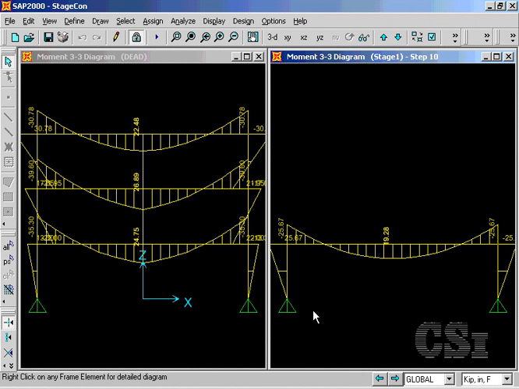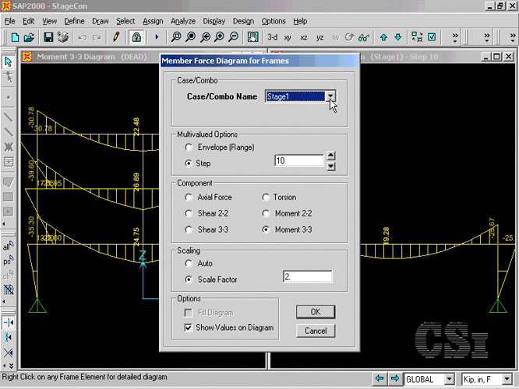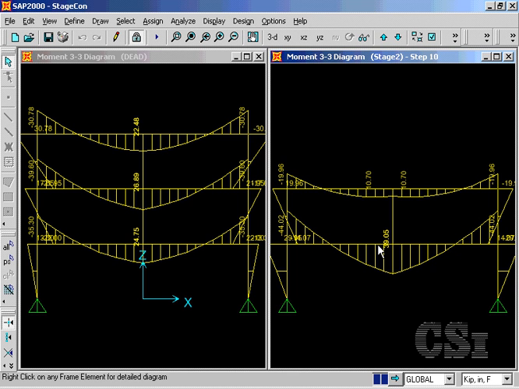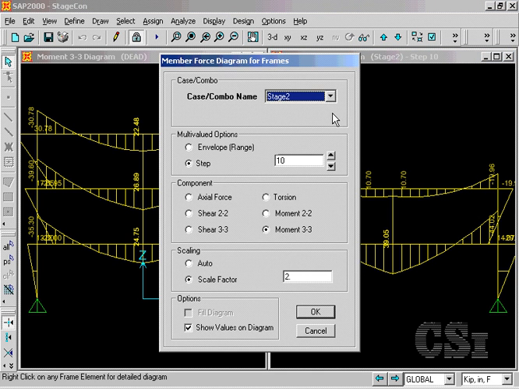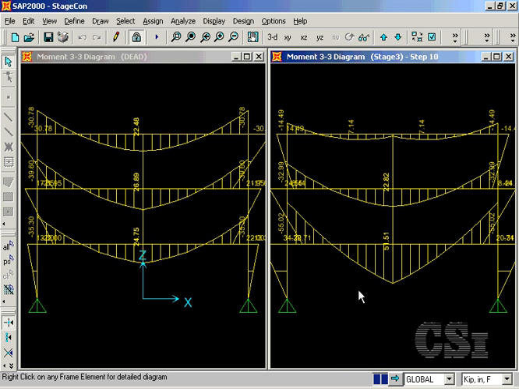At step 10, the last step, the moment is approximately 19 kip inches. Next, we add in stage 2, or the second story. And the moment jumps to 39 kip inches. Adding on the third story, the moment in the transfer girder jumps to 51 kip inches, more than double that of the linear analysis, where